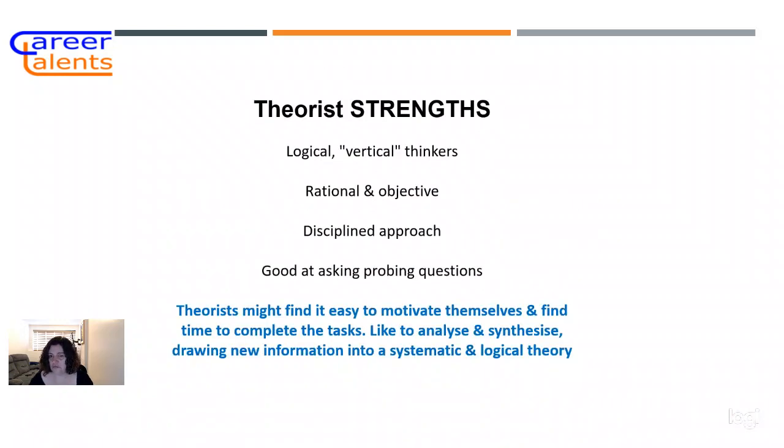Strength of a theorist: logical, vertical thinkers, rational, objective, so good when you need to be objective. There are jobs where you need to be subjective, and there are jobs where you need to be objective. Now, a theorist would need a job where they need to be objective and disciplined. Good at being able to ask probing questions, given time to think and ponder, given time to think things